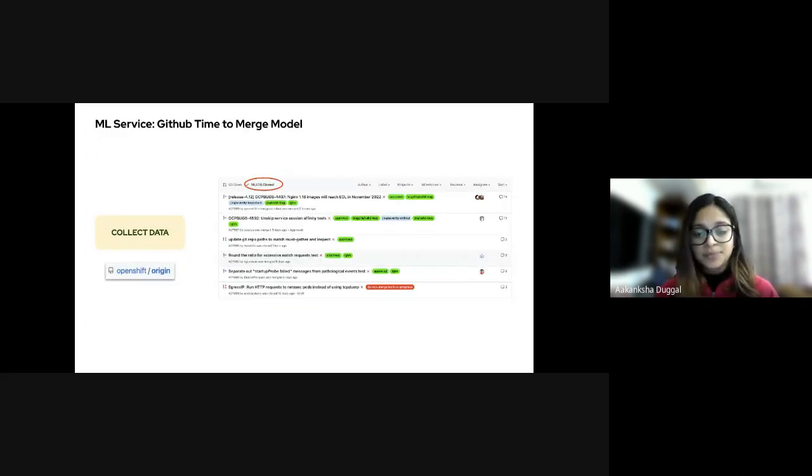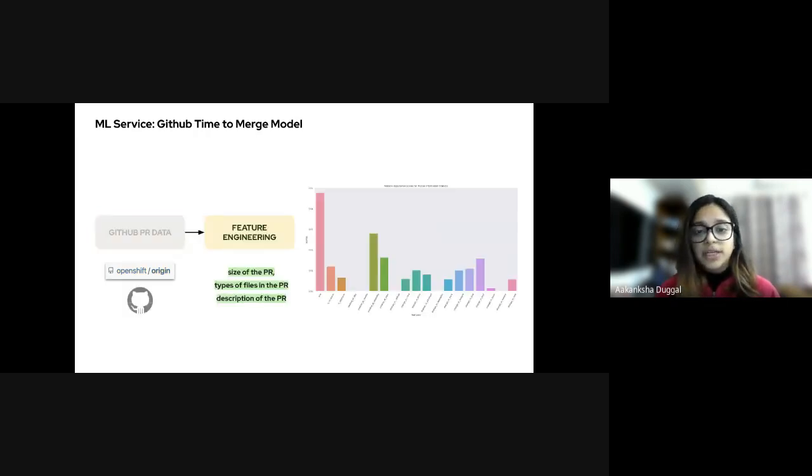The first step is to collect the historical pull request data from the user-provided repositories using the GitHub API. Once we have the data, we look at the features from the PR, like the size of the PR, types of files that were changed, the day of the week it was created, number of commits, size of the description, and any top words mentioned in the title. Then we automatically assign the feature importances and pick the most important features for every individual repository.